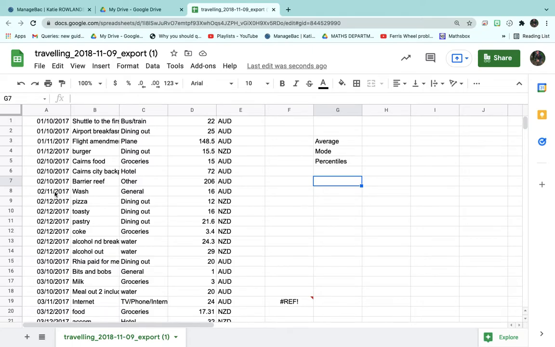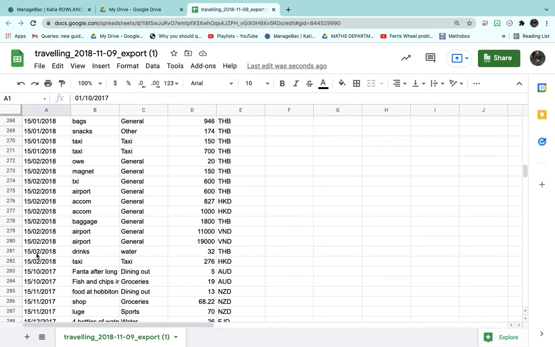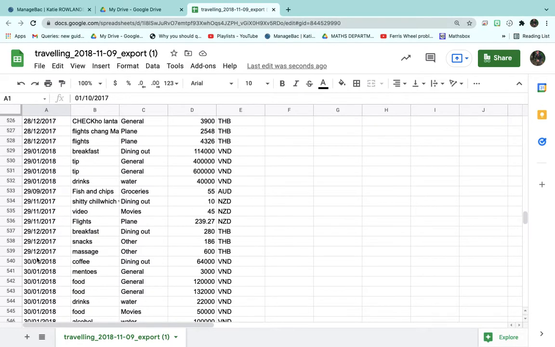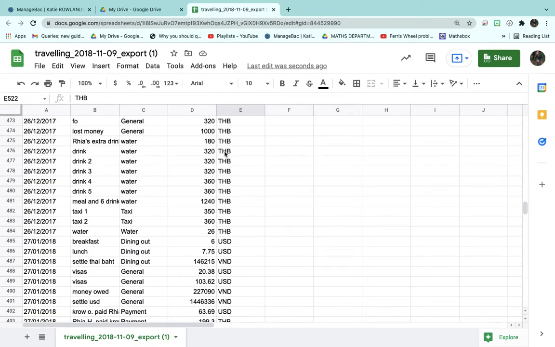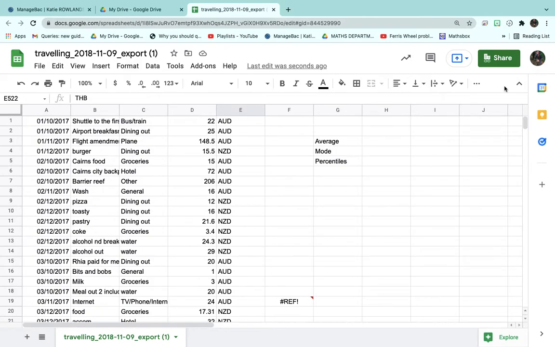This data here is to do with the money I spent during a 5-month period travelling to many different countries. You can see the different currencies here on the E column. There are a few skills I need you to learn. The first skill we're going to learn about, which will help with the average, mode and percentiles, is to organise